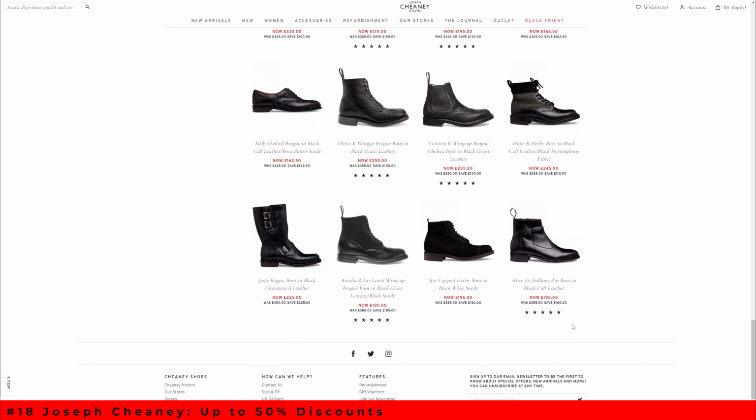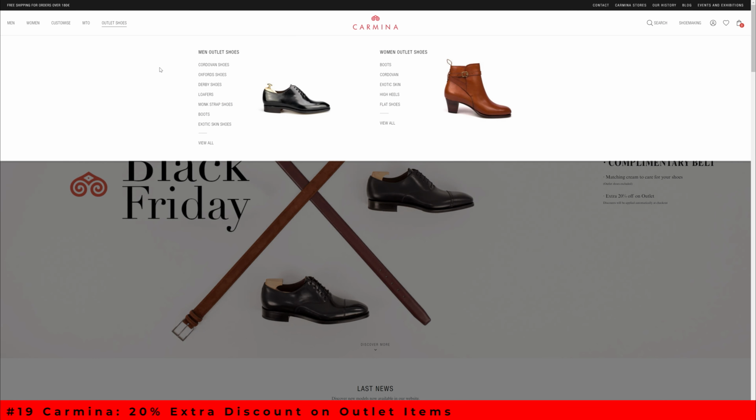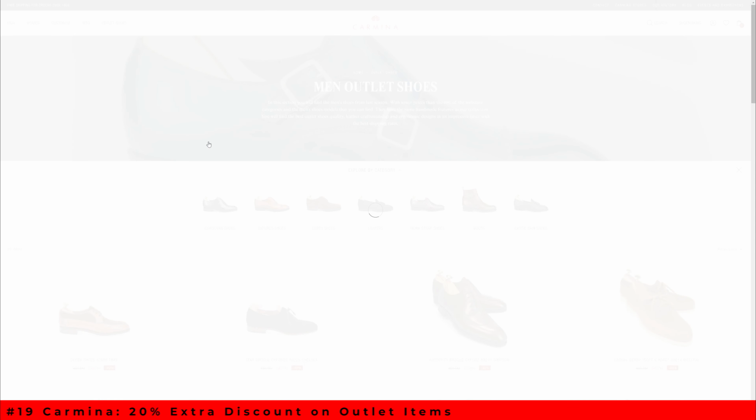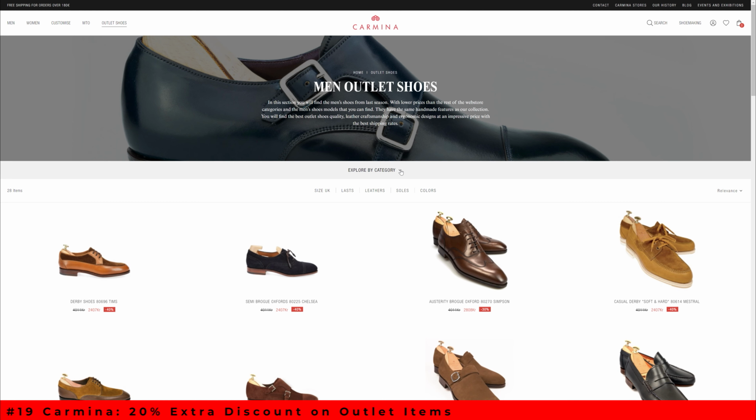Now let's go to a funny joke, which is Carmina this year. And their Black Friday sale includes cream and a belt or whatever, and there is 20% extra on the outlet sales. So you go here, outlet shoes, you choose if you want for men or women. If you want something for your lady, that's pretty much good. You filter for men,